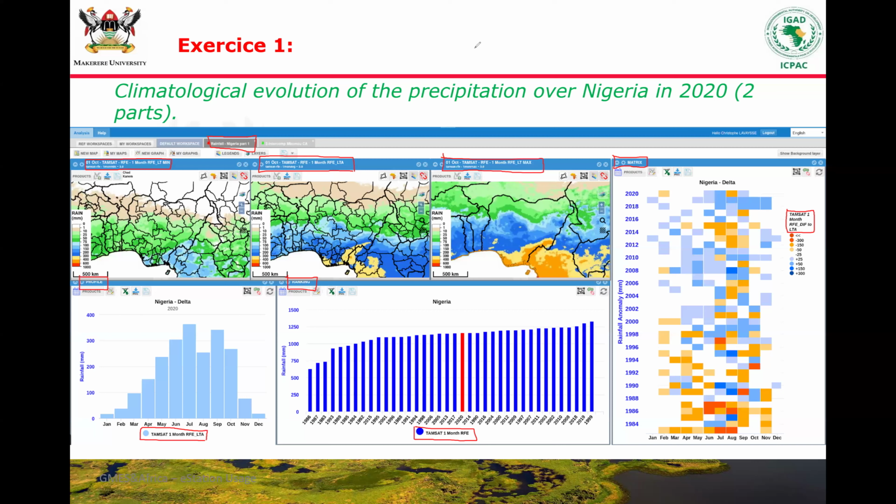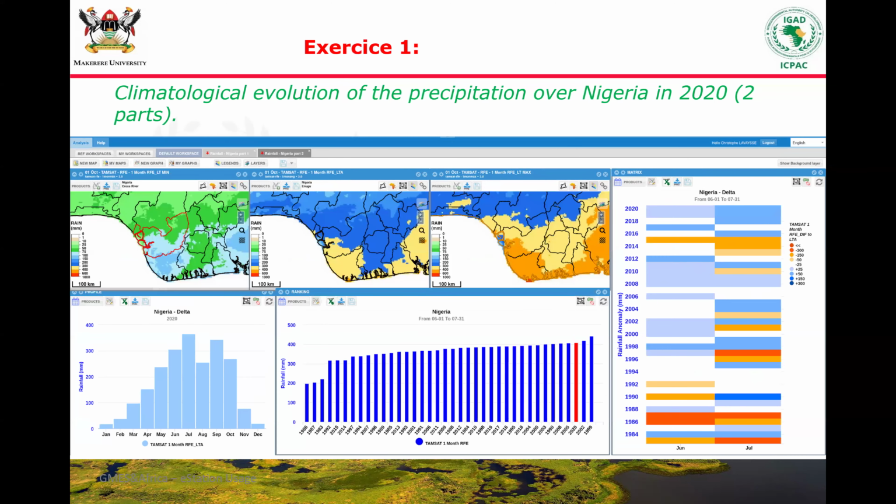And this is the same thing that you're going to do for all the other exercises. You stay focused on the products or the sub-products for the maps or any chart that is being created for that exercise. So the next exercise here is going to be the same, but in this case,